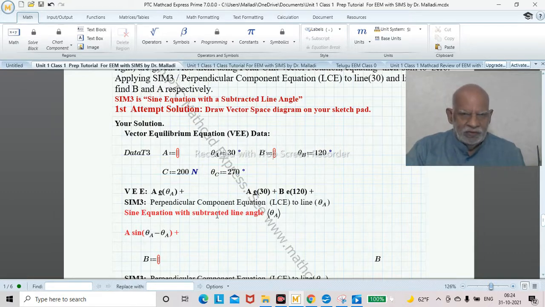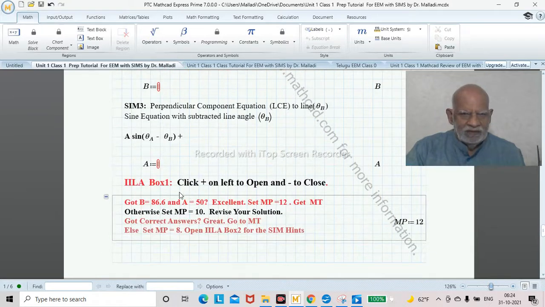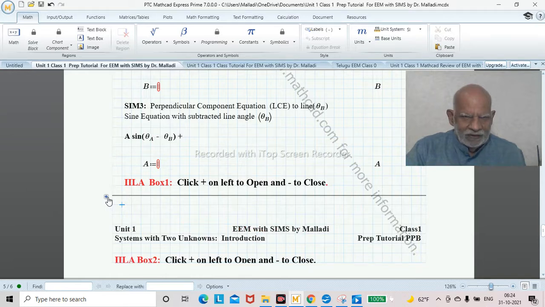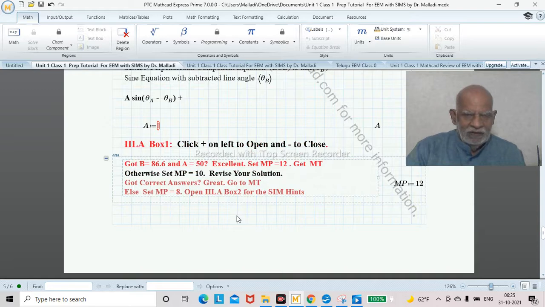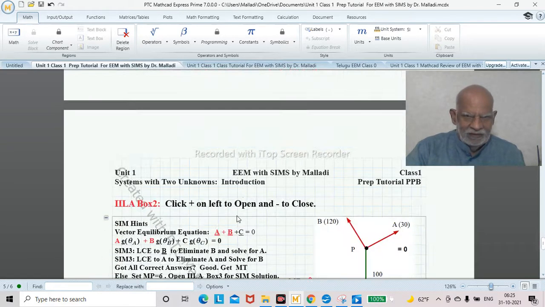But you can also do it. If you want to keep good notes, you can do like what I am doing. Like this. So I use what are called ELA boxes. ELA means interactive instruction and integrated instruction, learning and assessment, because that's what we are doing here. So I can click here to collapse it, and I can click here to open it up. In MathCAD, I'm sending this as a PDF, and you can create your own. And if you create one, you can copy and paste.